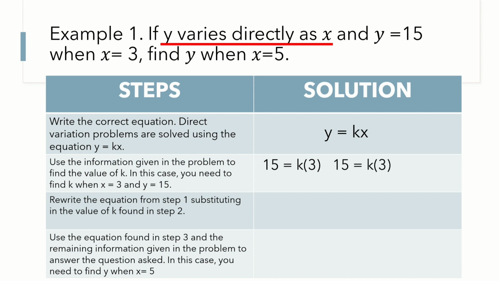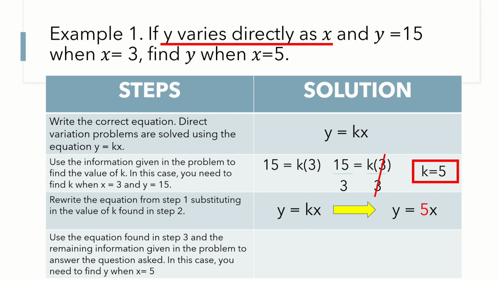So we divide both sides of the equation by 3. So 15 divided by 3, k now is equal to 5. Then step number 3, rewrite the equation from step 1, substituting in the value of k found in step 2. So from y is equal to kx, that is now y is equal to 5x, since the value of k